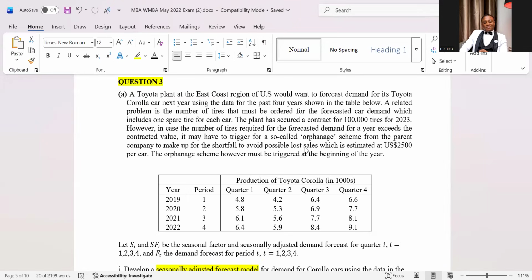Ladies and gentlemen, the question, you all have it. So we're going to look at it together. This is a time series question. It has A part and then B part. The A part is like 15 marks. The B part is like 20 marks. Okay. Who will read the story for us?